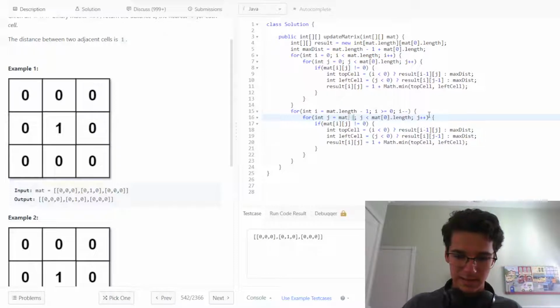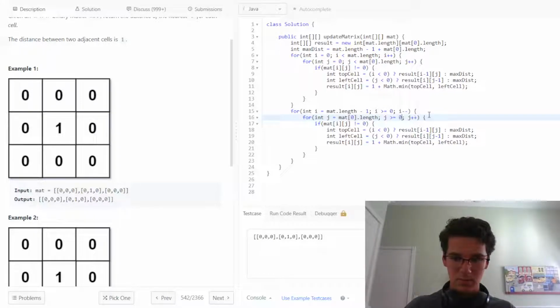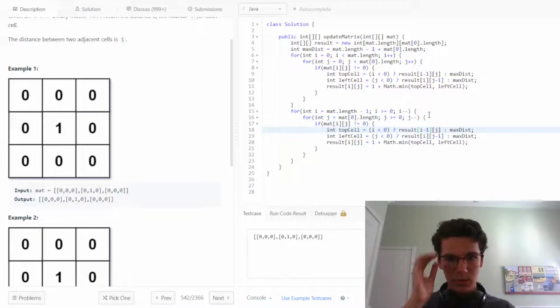Similarly, we want to go to the last column index, while it's greater than or equal to 0, and also decrement that pointer. If the value in that cell is not equal to 0,